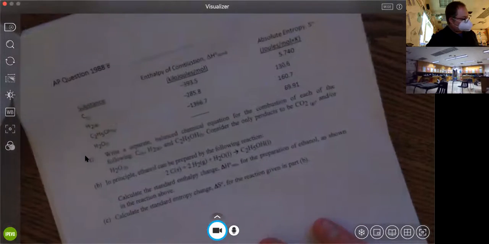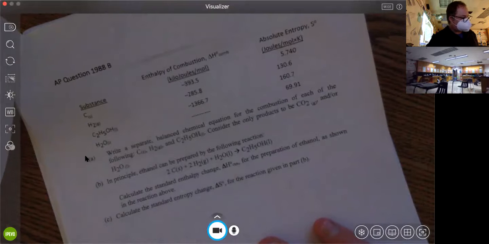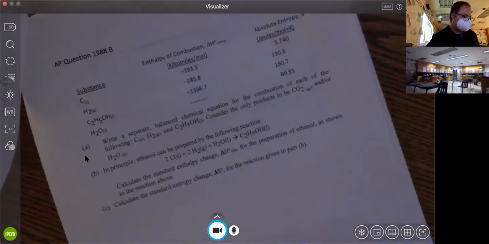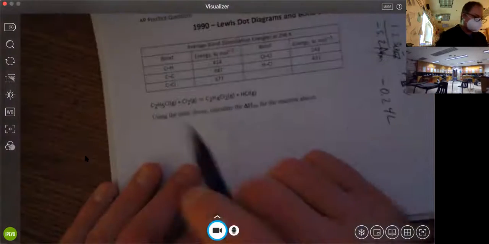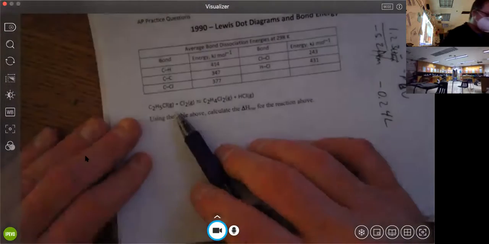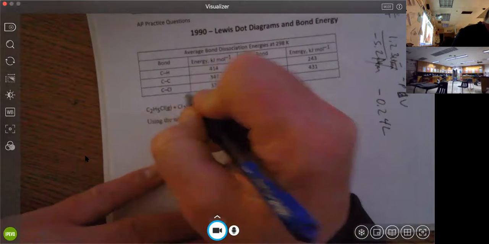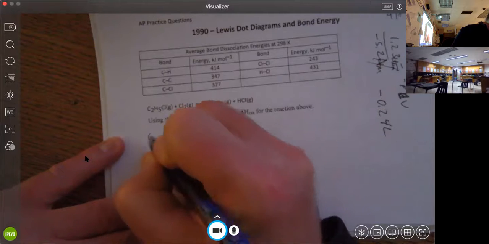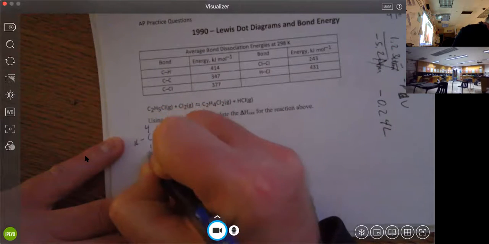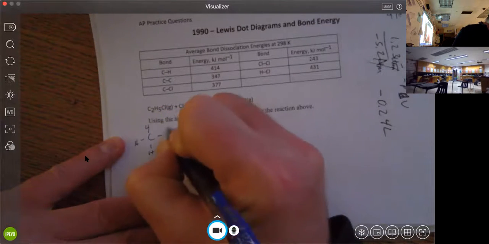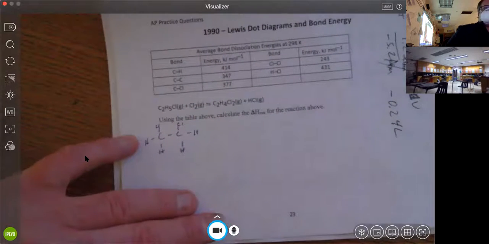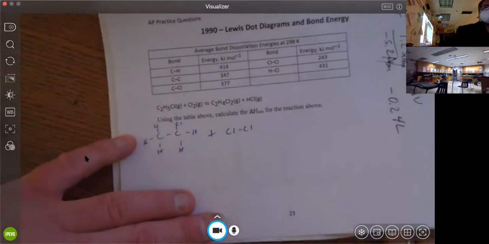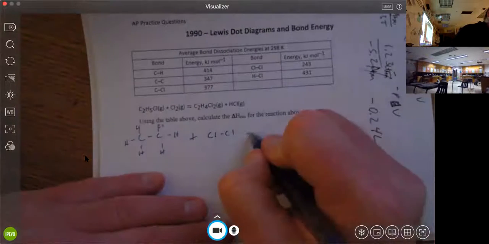These are some previous AP questions just to show you how some of them are made. This is what we're going to go over tomorrow. But this one's kind of interesting if you want to try it this evening. We've got C2H5Cl plus Cl2 yields